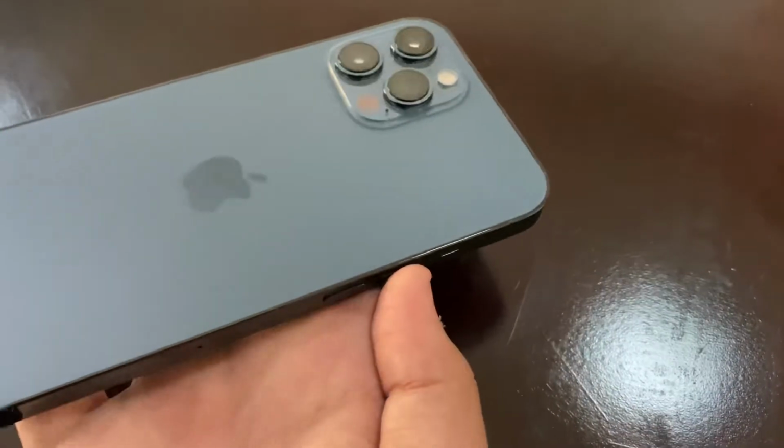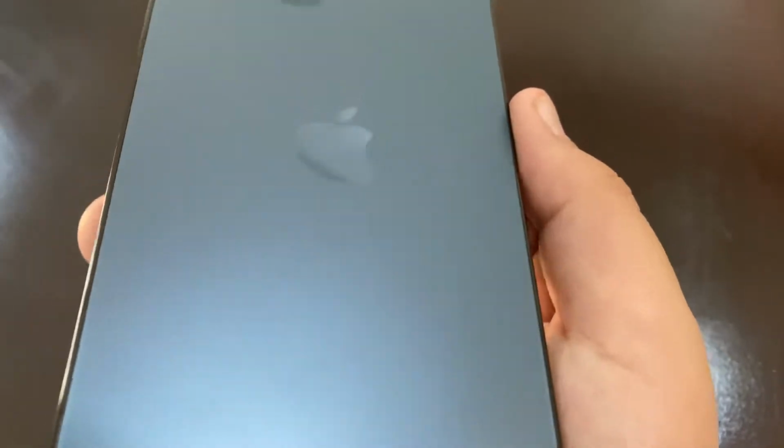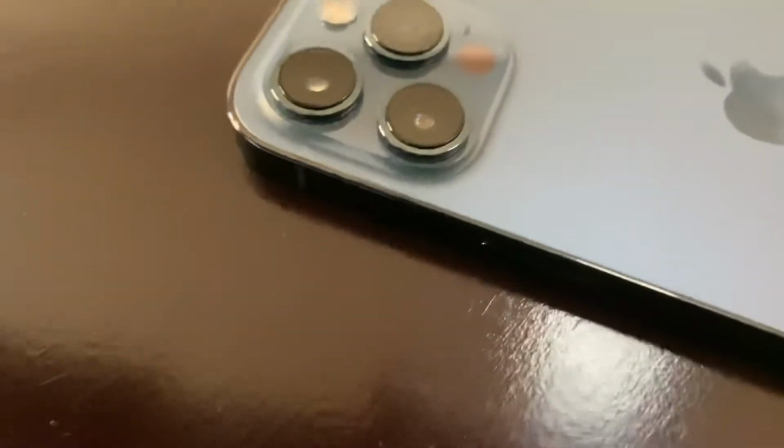Also, let's now talk about the camera system. Because we did get some improvements, of course, with the normal lens, ultra wide, and telephoto lens. But the telephoto lens does have a little bit less power or aperture on light, or it's more aperture, I really forgot. But it does have a little bit worse low light performance, or was it the main camera, which the 11 Pro Max would even perform the same. It's like 1 or 2% better than the 11 Pro Max, but it's not as good as